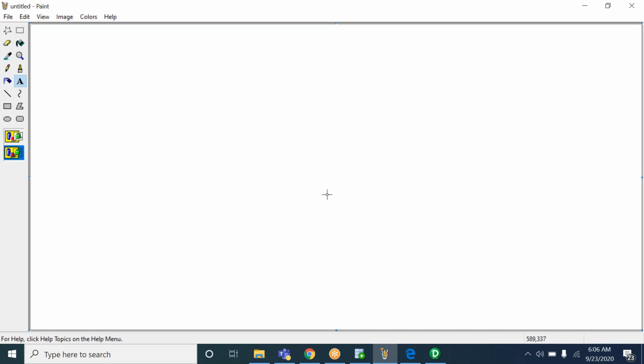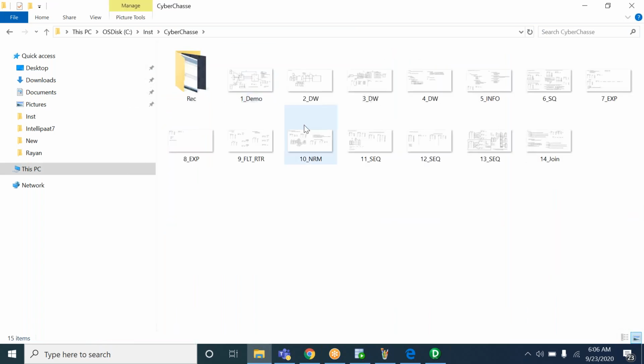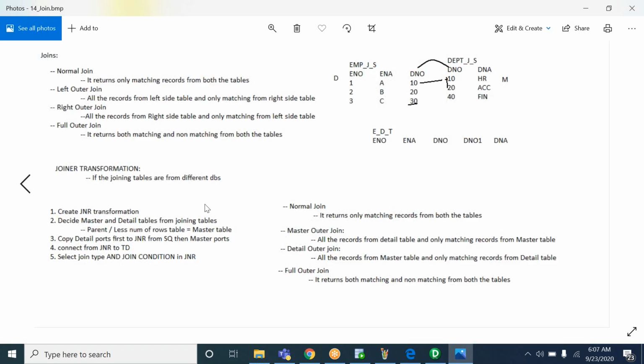Basically, inside the joiner transformation, to join the tables, we add a join condition, right? We are not going to write a query inside the joiner transformation to join the tables. Okay, like this. Here you can see one of the points after creating the joiner transformation. We have to add a join condition and select the join type, right? When you add the join condition, there we will get the equal to operator